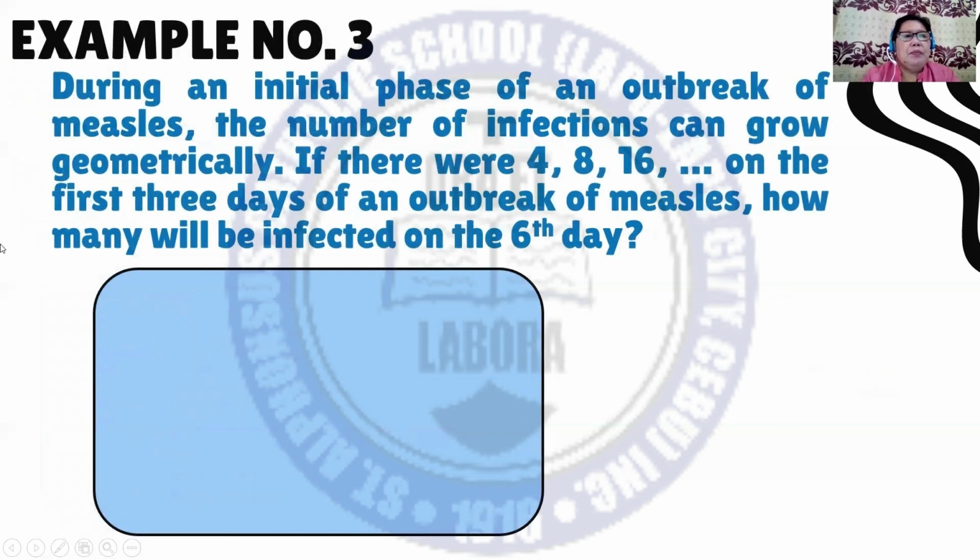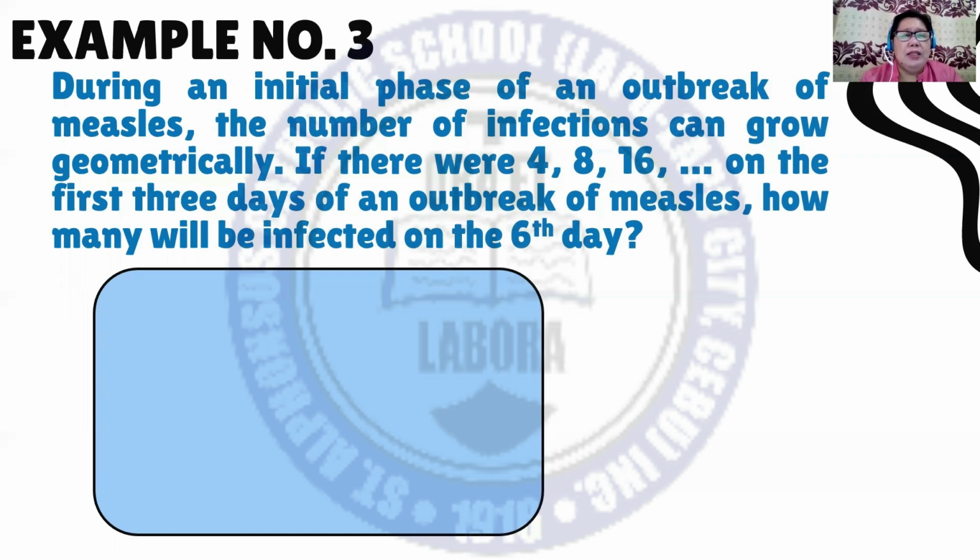Next, example number 3. During an initial phase of an outbreak of measles, the number of infections can grow geometrically. If there were 4, 8, 16, and so on in the first 3 days of an outbreak of measles,